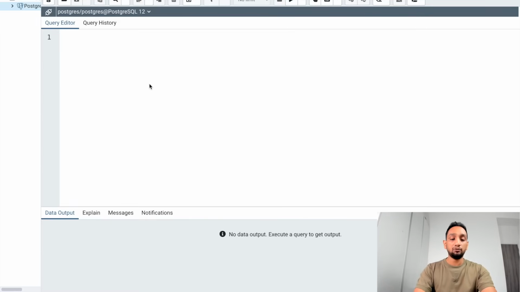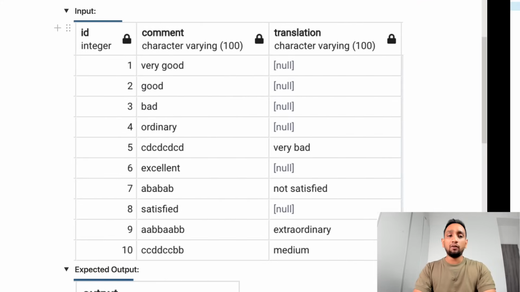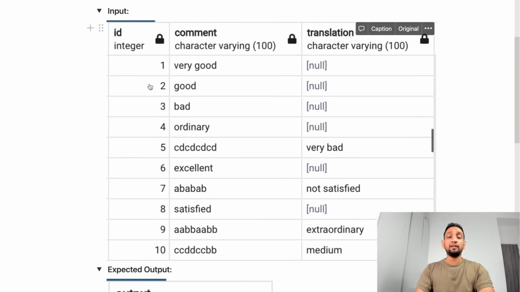Okay, so I'll just go to my PostgreSQL database. I'm going to solve them in PostgreSQL, but of course you can solve this in any database. Now all the data sets and inputs will be mentioned in my blog, so I'll leave the link to my blog in the description below. If you want to take the data set and execute the query yourself, you can go to my blog, download the data set, and then copy those data sets into your database